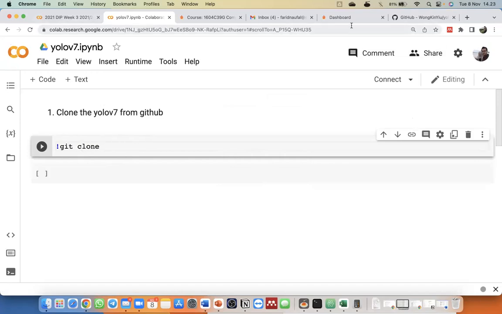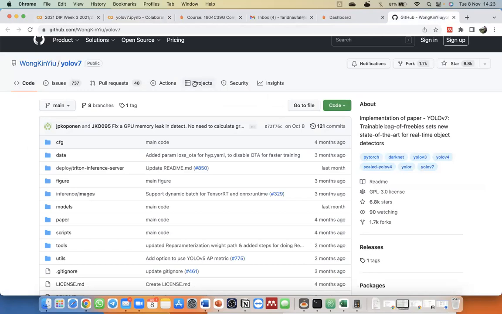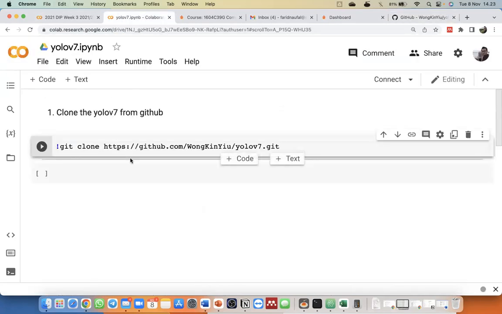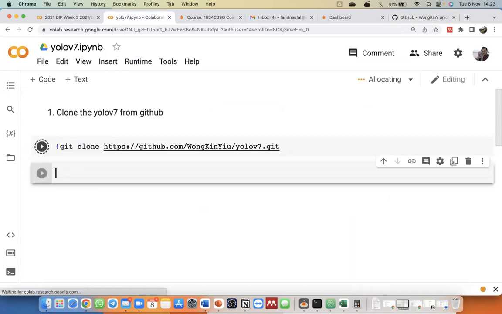We can just copy this link, the original directory from Wongkin Yu's GitHub, then paste it. Then execute our code here: git clone and the link of the GitHub repository from Wongkin Yu.